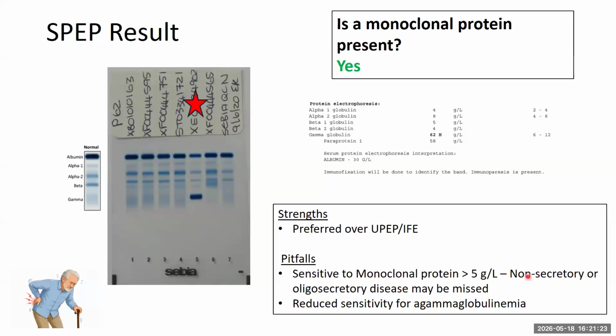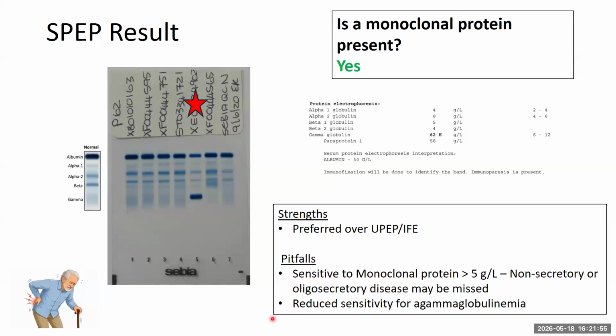So non-secretory or oligosecretory disease may be missed. And also, there's a reduced sensitivity for agammaglobulinemia, which means that if a physician is clinically suspecting that a patient has agammaglobulinemia and the SPEP comes back normal, they should actually order immunofixation because it's not going to reflexively be done, as in a case in which a monoclonal band